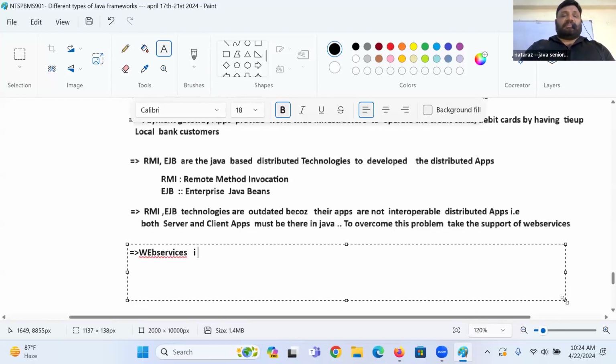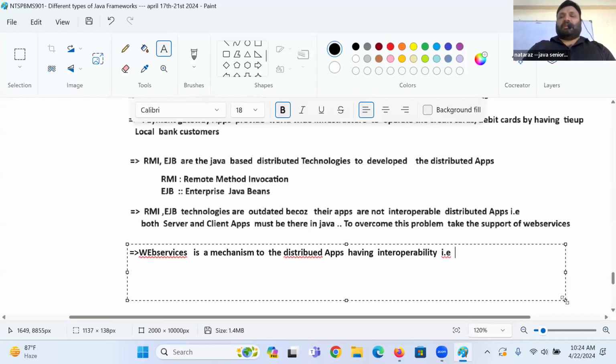Okay, what is this? Web services is a mechanism to develop distributed applications having interoperability.